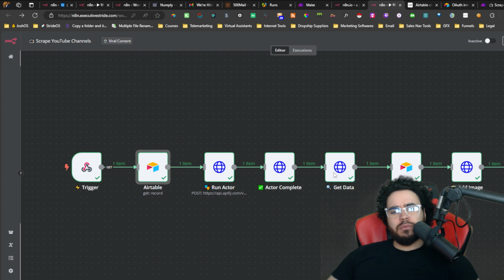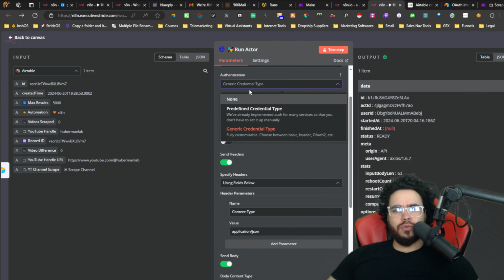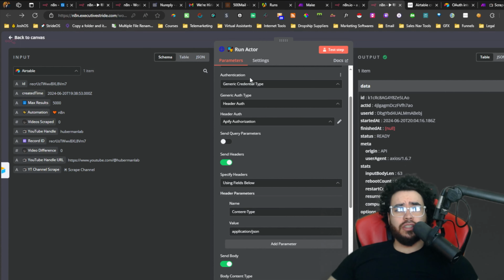So once you actually build this out for the actor integration for an app, you can literally just reuse that and you won't have to worry about going through the complexities of building it out again, unless you're building out different actions. All right, so I'll show you what I mean in a second. So these are 3 HTTP nodes. Right here is the run actor node. So the way we set this up is you're going to need to do an authentication. Okay, so I'll show you this. So let me pull up